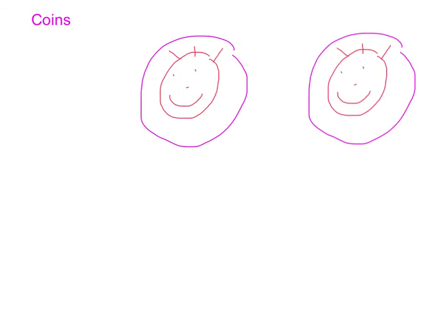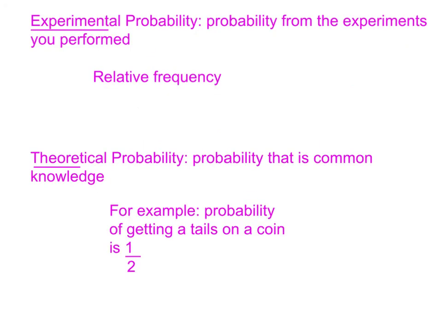Let's take a look at probability using coins. Let's say we have a double-headed coin. What is the probability of getting a head? Well, there are 2 possible ways to get a head, and there are only 2 possible outcomes. So the probability of getting a head is 2 out of 2. Remember, we can reduce this to 1. In other words, we can be absolutely certain that this will occur.